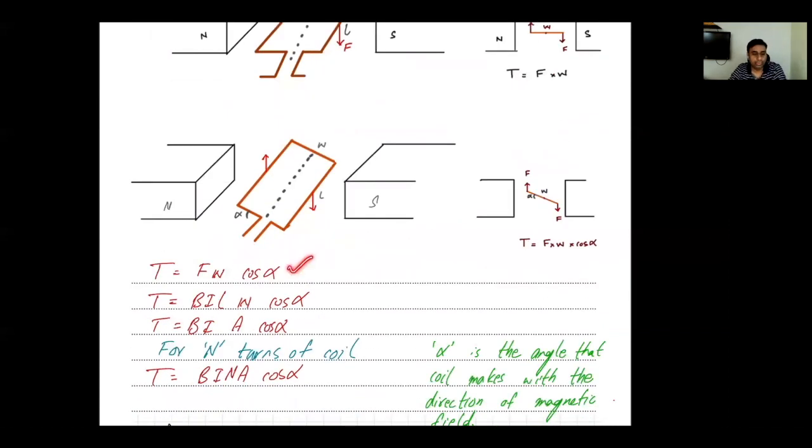Throughout, the torque of the couple acting on the two pair of conductors A and B would be equal to FW cos alpha. When it's horizontal, obviously the angle would be 0. And when the angle would be 0, the torque would be just F times W. And by the way, guys, when the conductor is going to become exactly vertical, then W cos 90 would become 0 and the torque would become equal to 0.